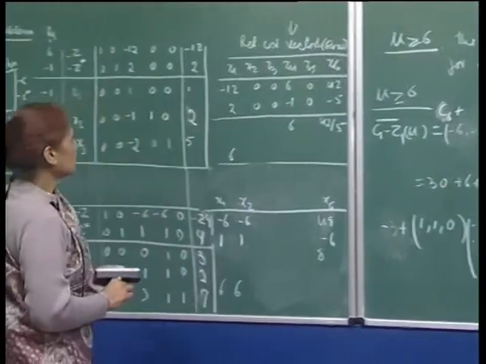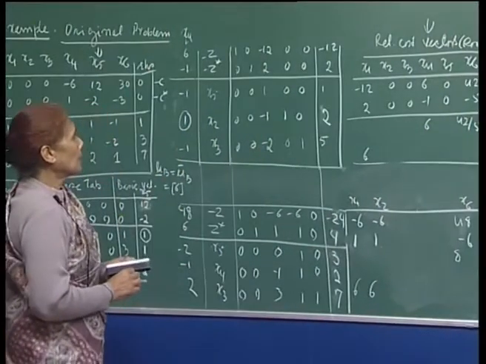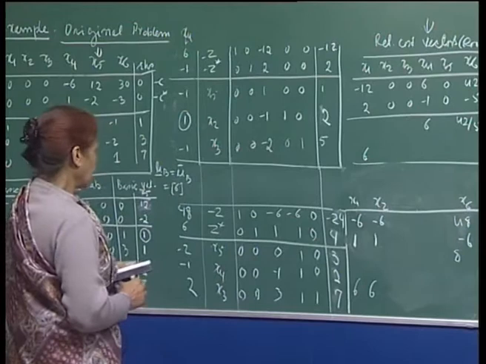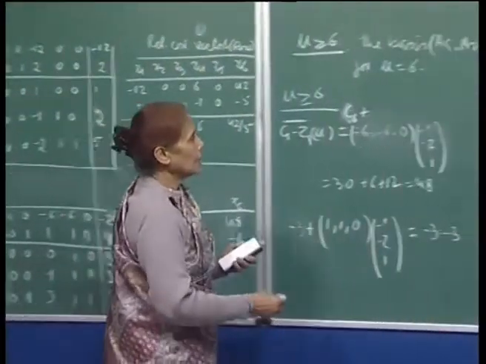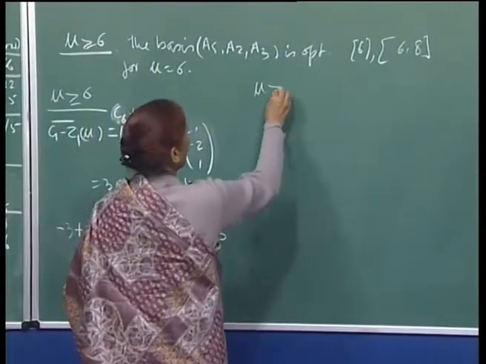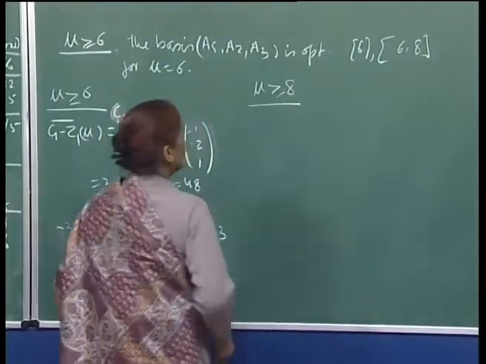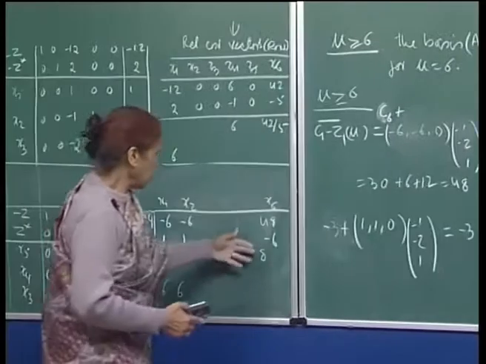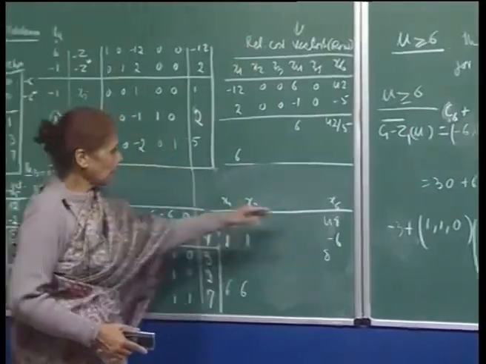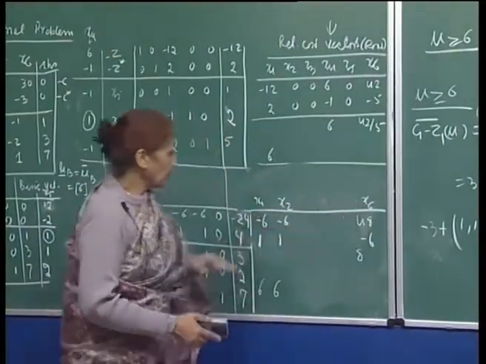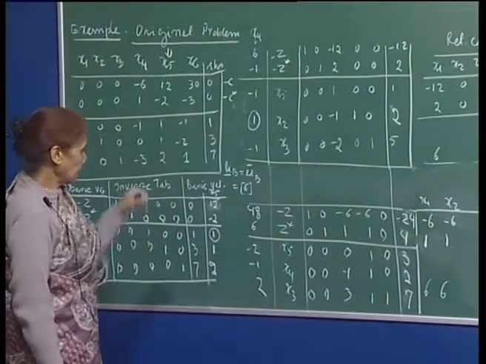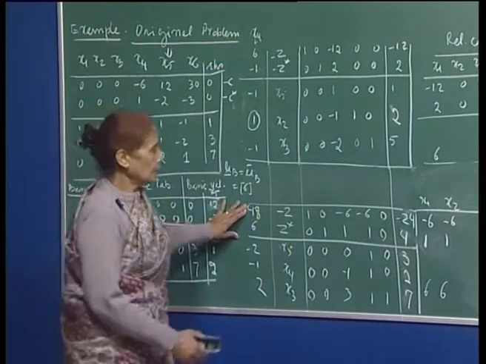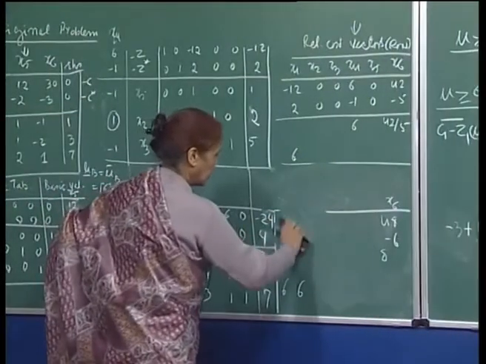Yes, that part I did not complete with you. So right. So now if you want to consider mu greater than or equal to 8, immediately you know that, because this is the only value, right. These are the lower things. So here x6 becomes a candidate for coming into the basis, right. And I have shown the thing here. So we need to compute this for,